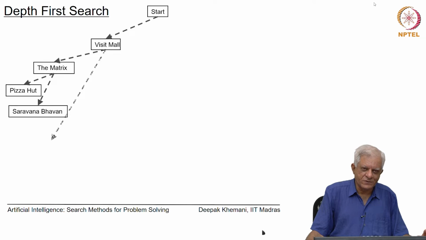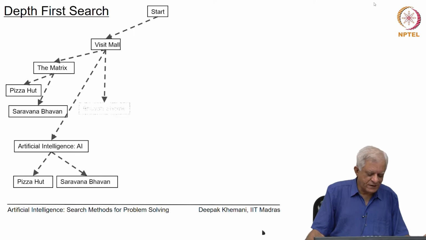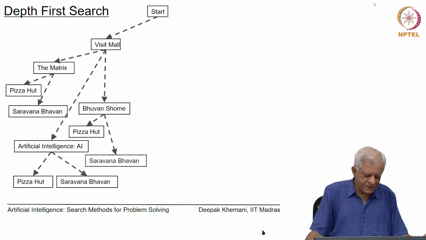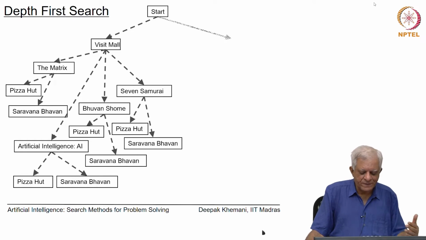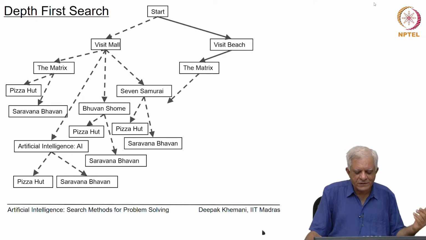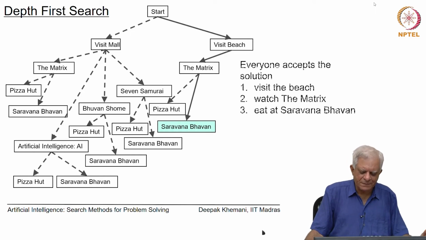So, instead of Pizza Hut you propose Saravana Bhavan, then you backtrack and you say okay, maybe instead of Matrix you would see AI the film, and again you propose Pizza Hut and Saravana Bhavan, it does not work. Then you propose Bhuvan Shom the film, and again Pizza Hut and Saravana Bhavan, and so on. The search continues, and then eventually you backtrack all the way to the start and say, okay, maybe we should go to the beach, and then you propose the film Matrix and Pizza Hut and then Saravana Bhavan, and